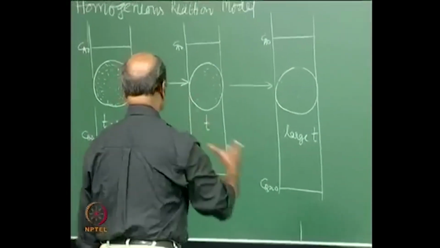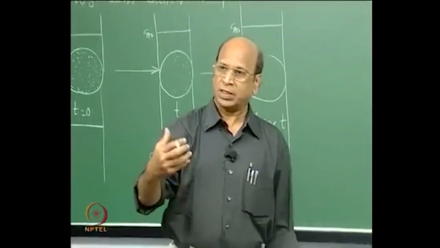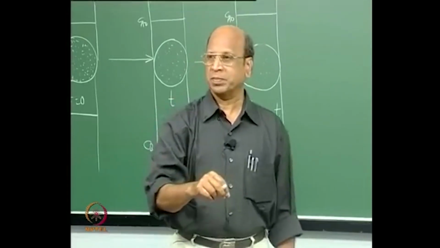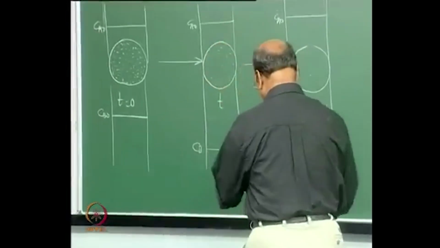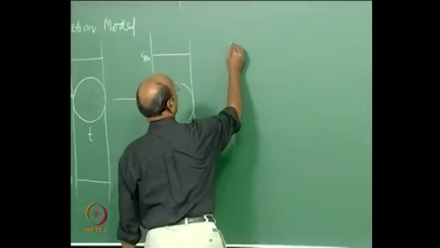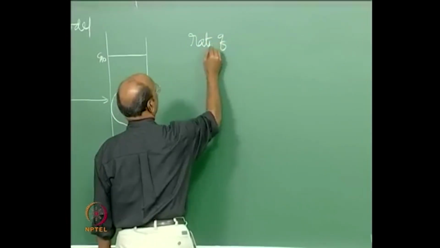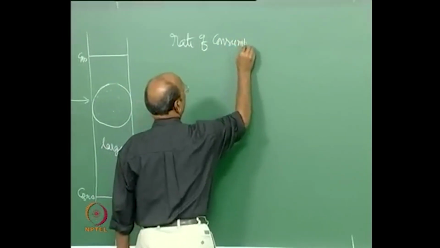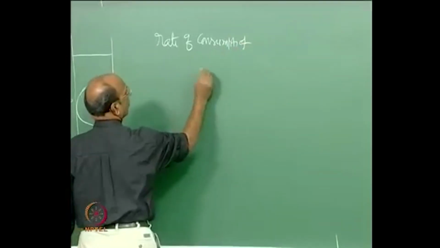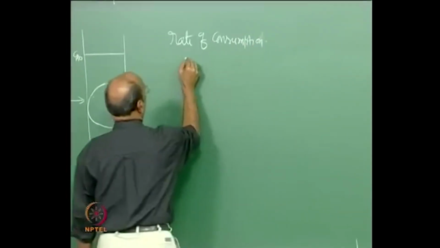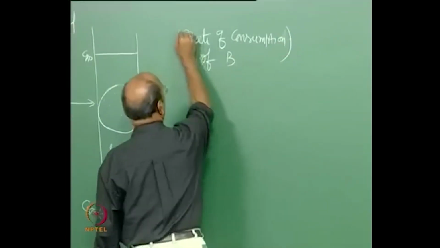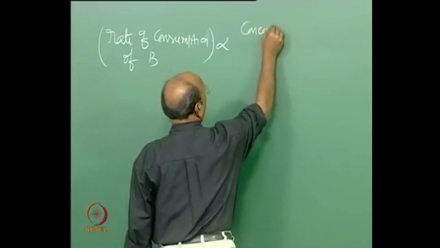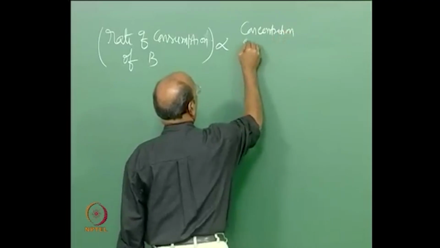But even here, because the rate is proportional to concentration of A and concentration of B, concentration of A is always constant, whereas B is changing, right. So we can write that as, okay, here I write rate of consumption of B is proportional to concentration of A